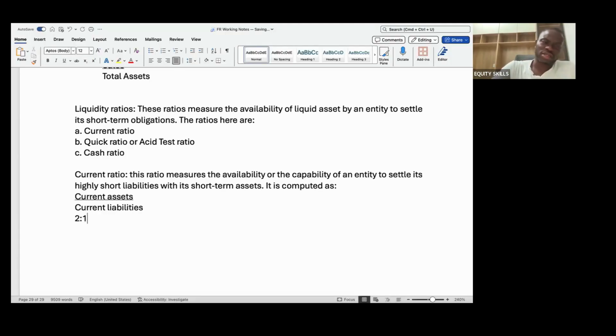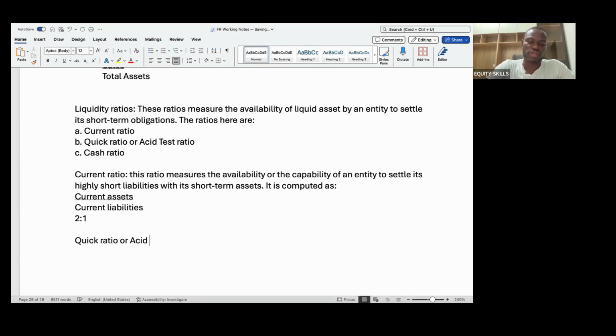So the higher the better, majorly. So if your current asset can cover your current liabilities twice, that's a comfortable cover for any entity. So it's okay for any entity to be at this level of 2:1 for current ratio. Then we have quick ratio